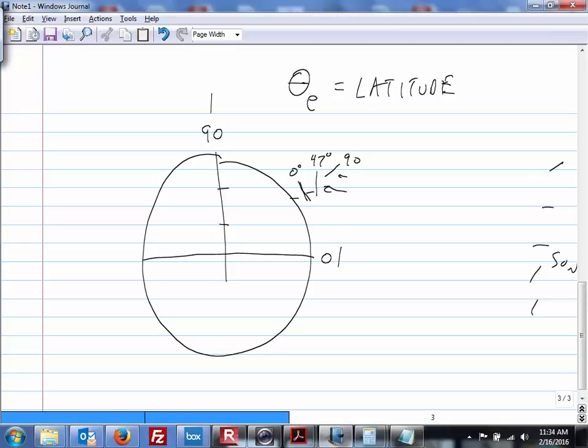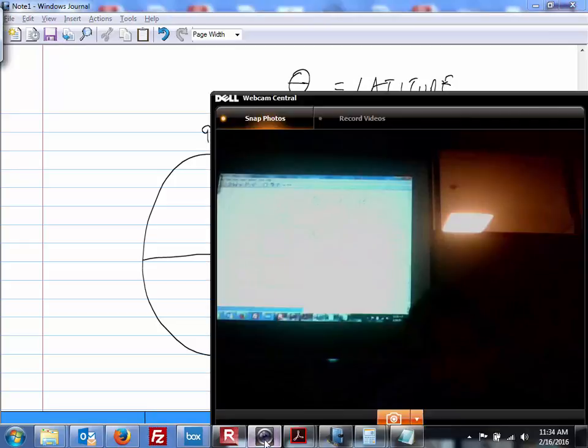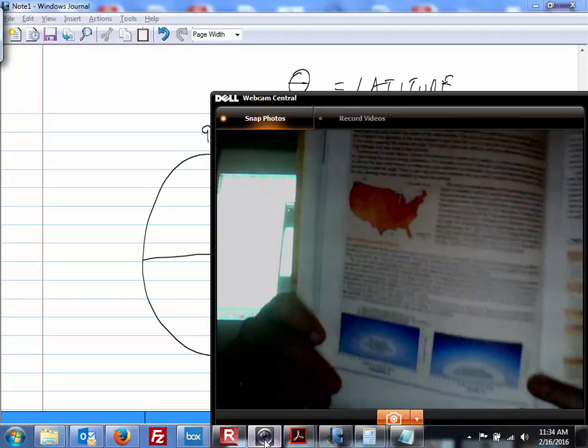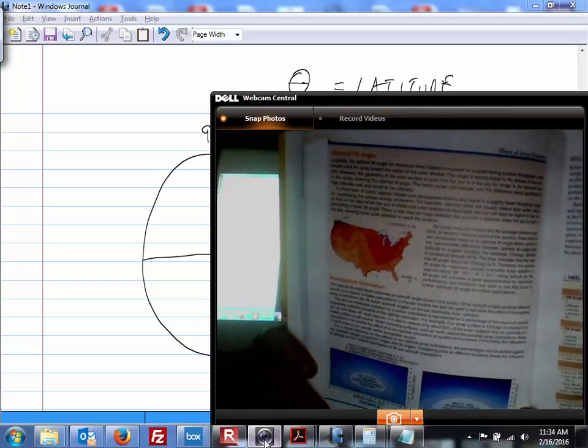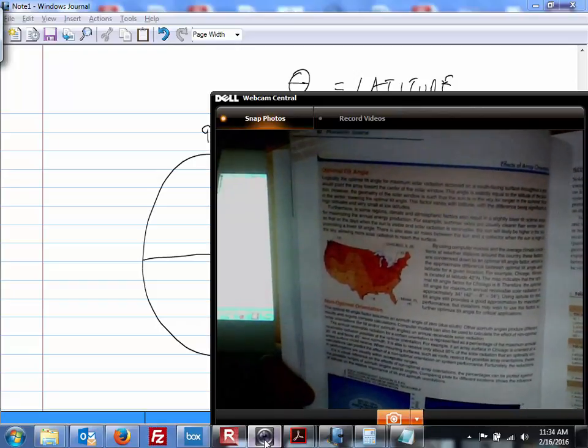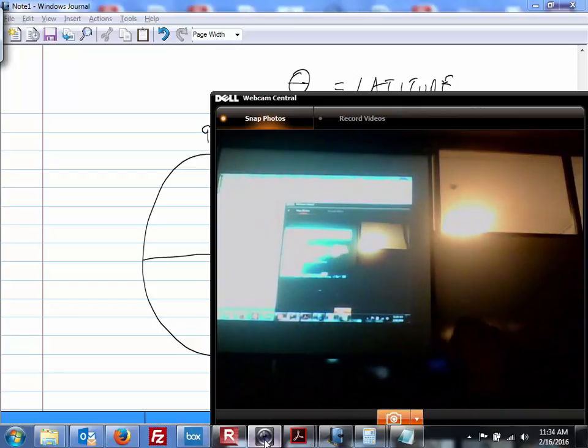So the question is, so you start with 47, and then if we hop over to page 52, I'm just looking at this little map. Let's just look at the map on page 52. And so, yeah, I think these are empirical lines. They're based on cloud cover, they're based on elevation, they're based on a lot of things, and so it's not a hard and fast dial in exactly, but it does look like to me that Missoula is right there on that boundary between 12 and 8, and